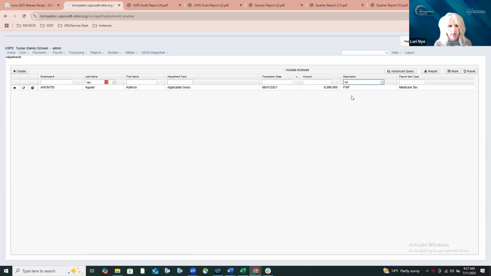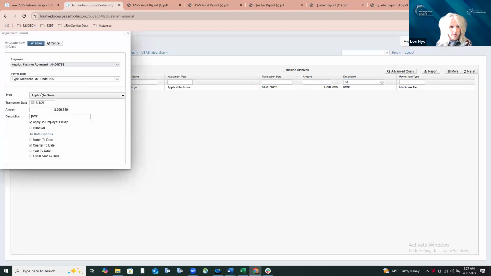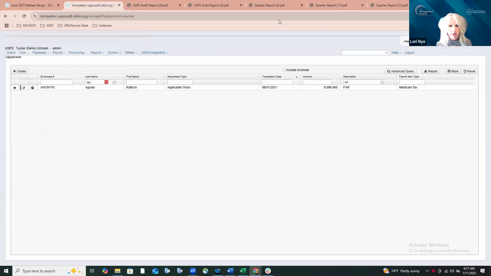There's a description here. If I open this adjustment that I added, when I select Medicare, that payroll item, and I select applicable gross, you'll now see there's this apply to employer pickup checkbox that wasn't there before. If I check that box, and in this case I've checked the box for quarter to date, I'm going to show you then